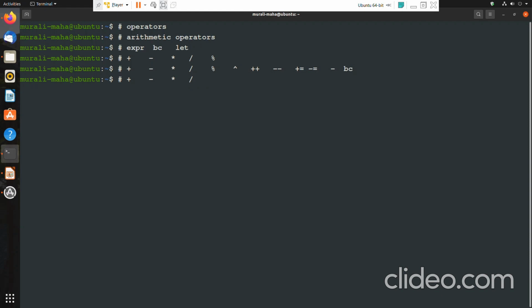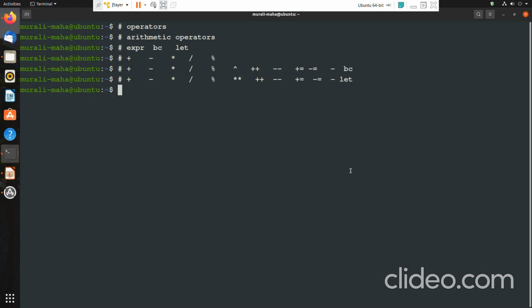And for exponentiation, the double asterisk operator is there, then plus plus for incrementing, and minus minus operator for decrementing, both pre and post. Plus equal to, minus equal to, asterisk equal to, slash equal to, these are all shorthand assignment operators. All these operators the let command supports.